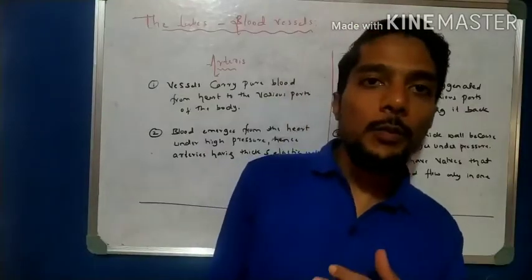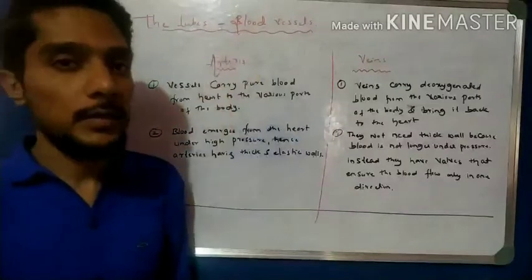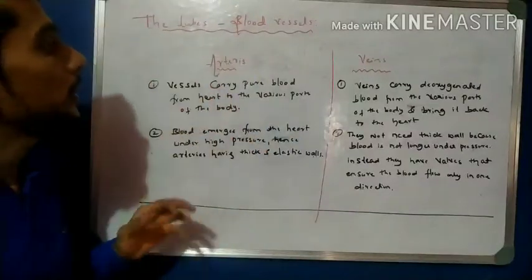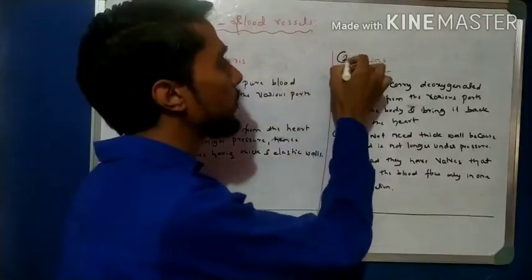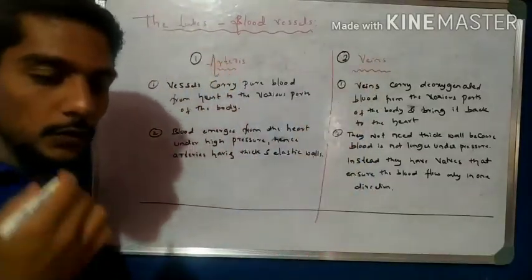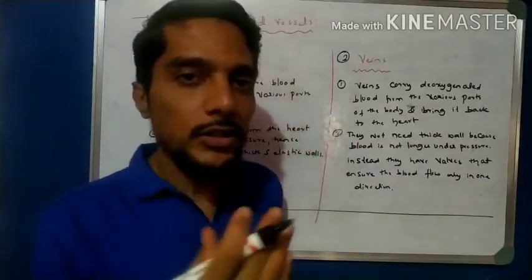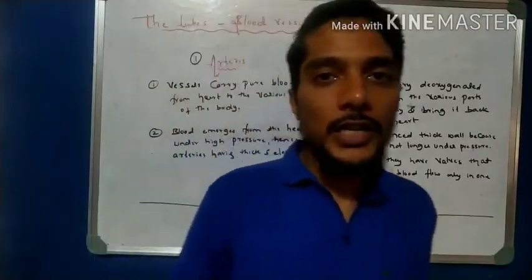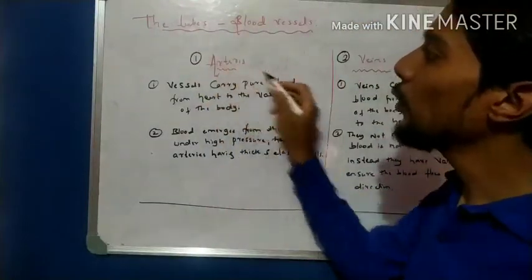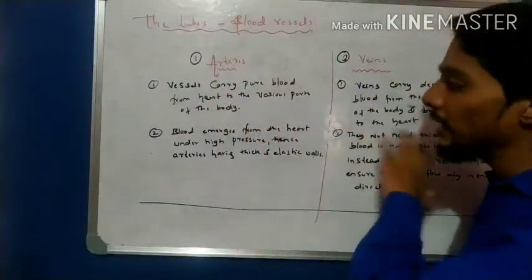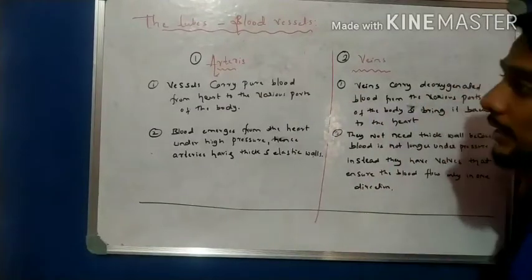Now come to the very important point about the blood tubes, that is blood vessels, right? In the blood vessels there are 2 types of blood vessels. One is arteries and one is veins, right? Why 2 types? Because we know that there are 2 types of blood. One is pure blood and one is impure blood, oxygenated blood and deoxygenated blood. So that is why 2 tubes are there. One tube is called arteries and one tube is called veins. So I write notes here for easy and quick revision of that concept.